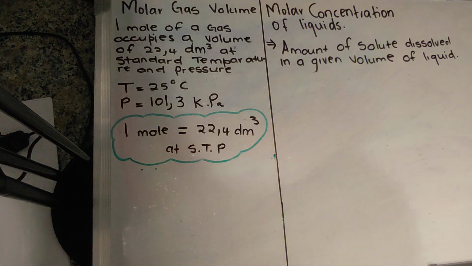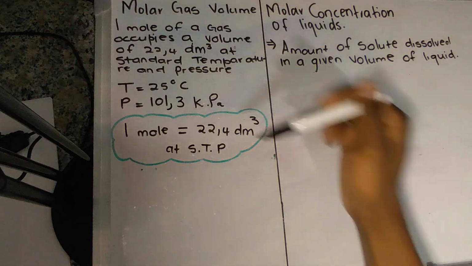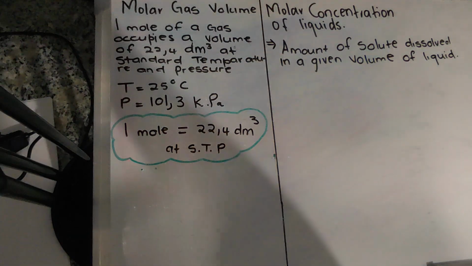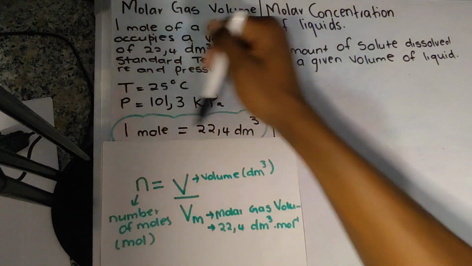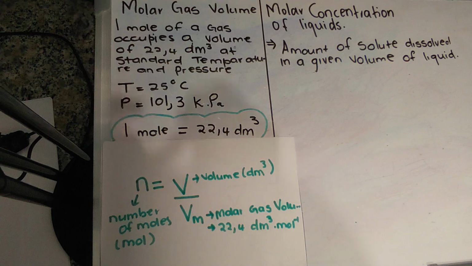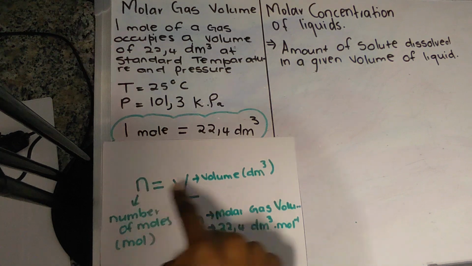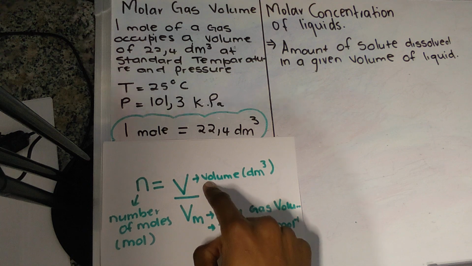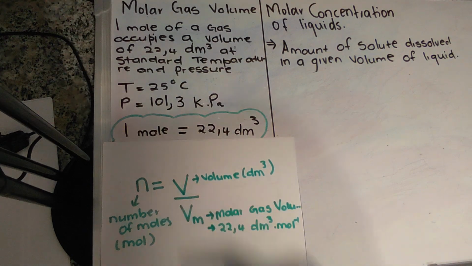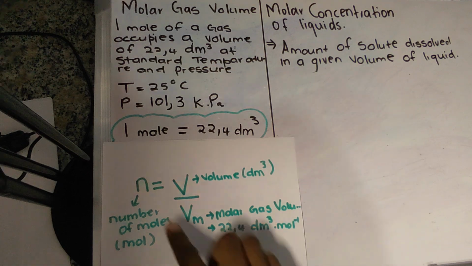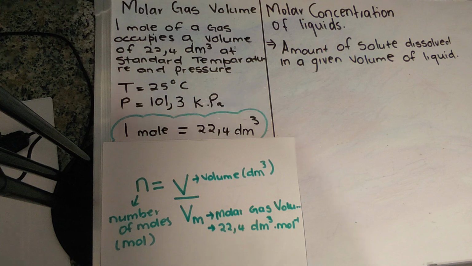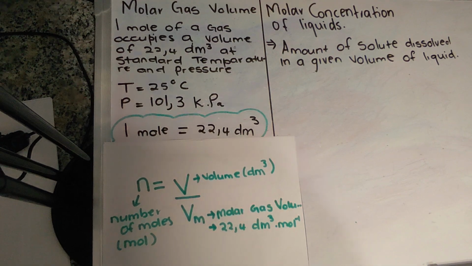But before we do an example, let us look at a mathematical relationship that we can come up with from this conversion. If you do not like to work with conversion factors, you can make use of this mathematical relationship between the number of moles and the volume occupied by the gas at SCP. The small letter n, as defined in the other videos covering the quantitative aspects, is always the number of moles. The SI unit is mole. And V is for volume, measured in decimeter cubed,